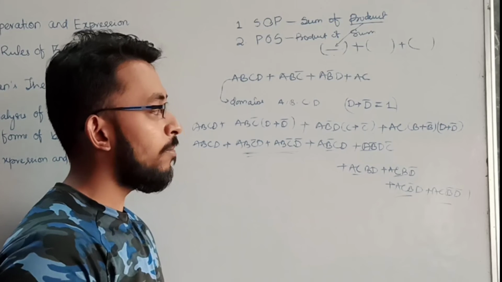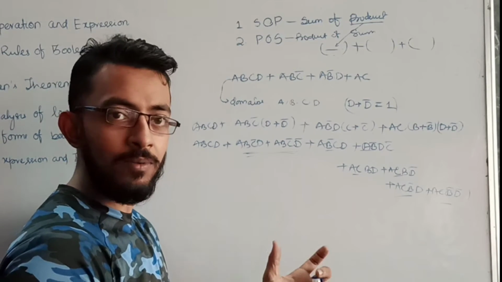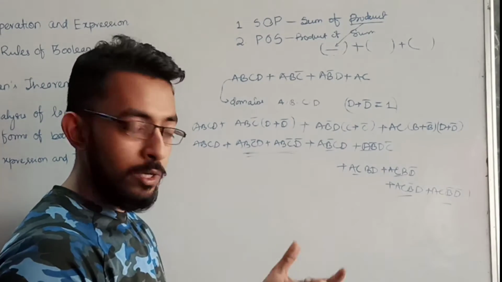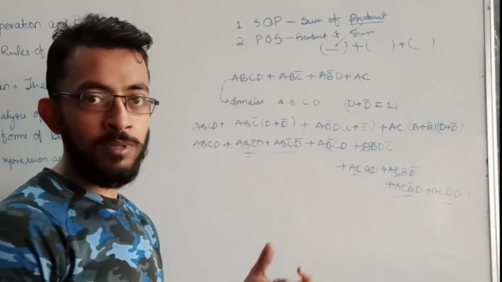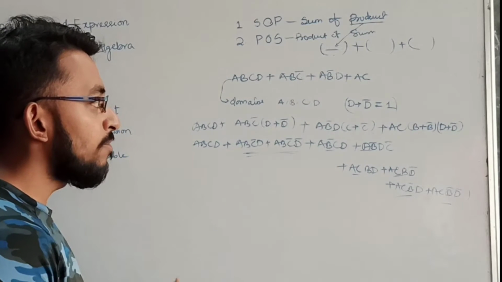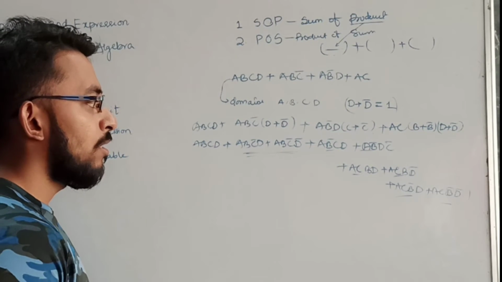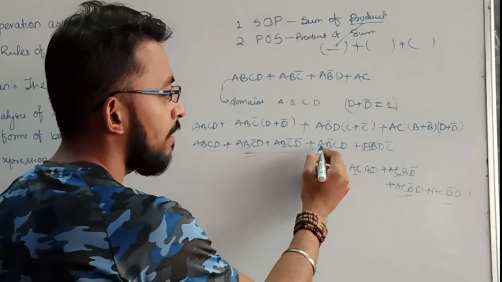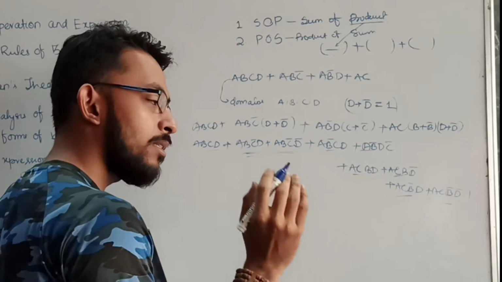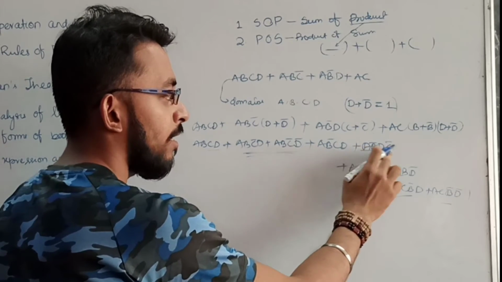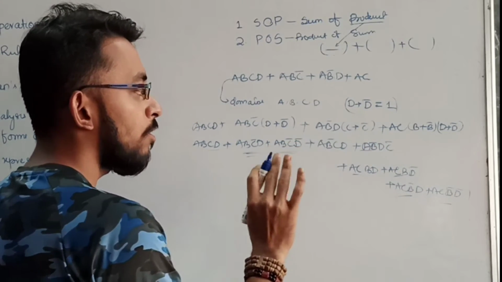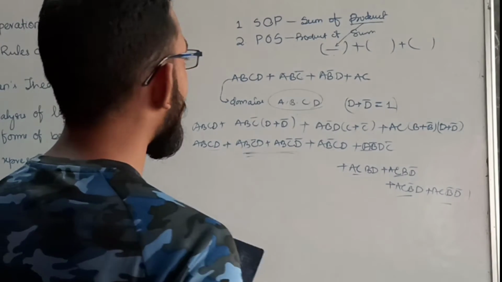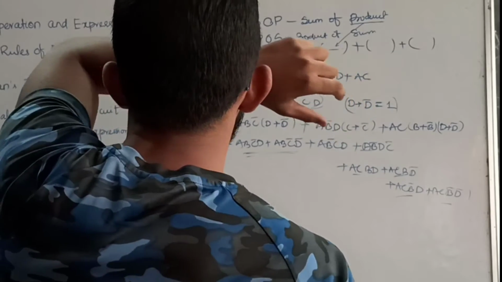So remember, for the number of terms that are missing from this expression, the number of output terms we get doubles for each missing term, after applying the standard formula. Okay, now this is the standard formula. You can check A, B, C, D are there, either in complement form or in simple form. All are there, A, B, C, D in each and every term. The 4 domains that we found at my starting are there. So it is the standard form of this sum of product.